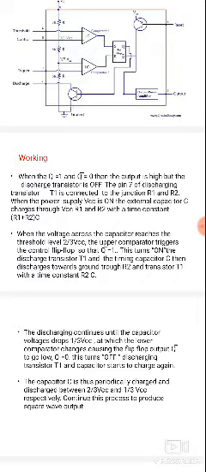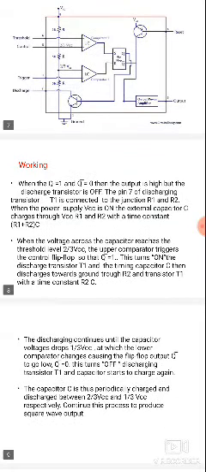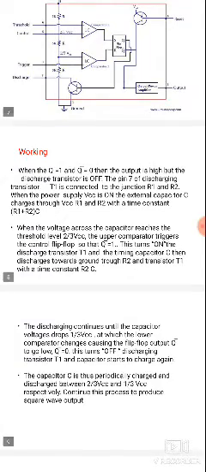Whenever Q bar is equal to 0, the output is high. It changes state from low to high. That happens when the triggering input value is greater than 1/3 VCC. The output changes from low to high state, but the discharge transistor is off.